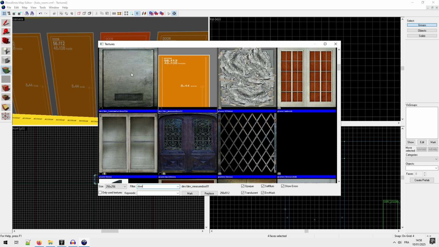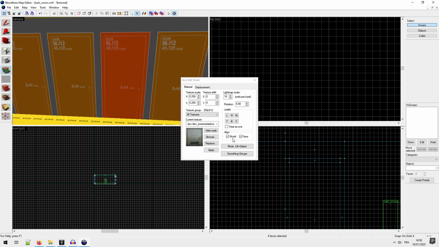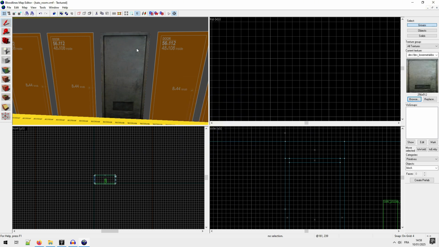And I will select this one. I put treat as one, and I do apply. So you see here the door is all the faces are painted with the same texture and already size, but it's not fitting. And just I click on fit, and ta-da! You have the basic door that is texture.